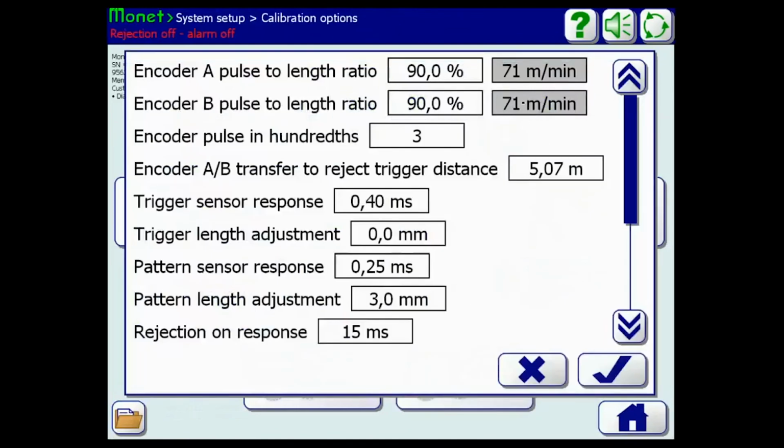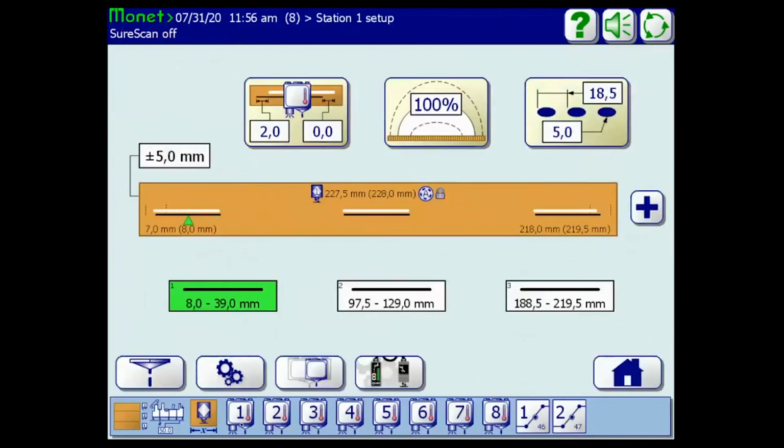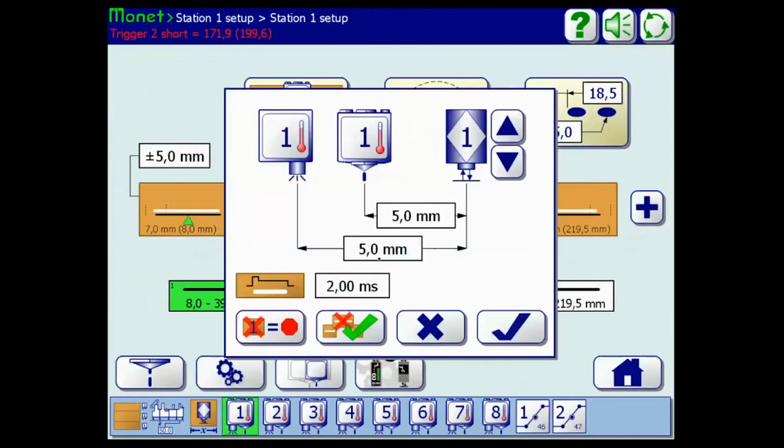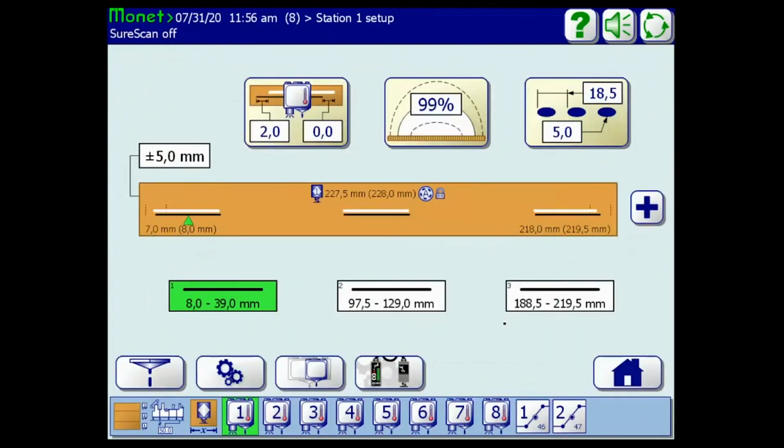The more accurately we can read the actual speed of the belts, and the more accurate we are with detecting our trigger lengths and our pattern lengths with our detection sensor and our triggers, and the more accurate we are set up with our lead distance parameters, the more accurate the system can be and the tighter tolerances we can hold. Ken, our head engineer I was just talking to, he's pretty comfortable with 3 millimeters for